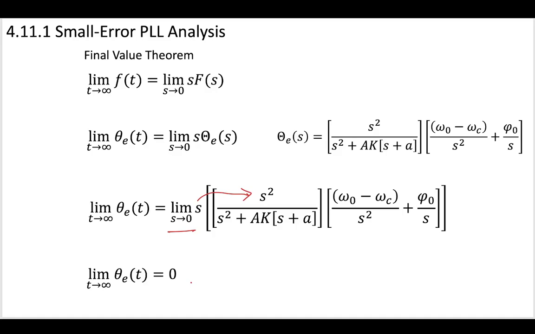So for this case, we change the transfer function, we increase the order of it, and when we increased the order of it, we now see that our error is down to 0 instead of having that constant. Previously, we had a constant like this, but now we're down to 0